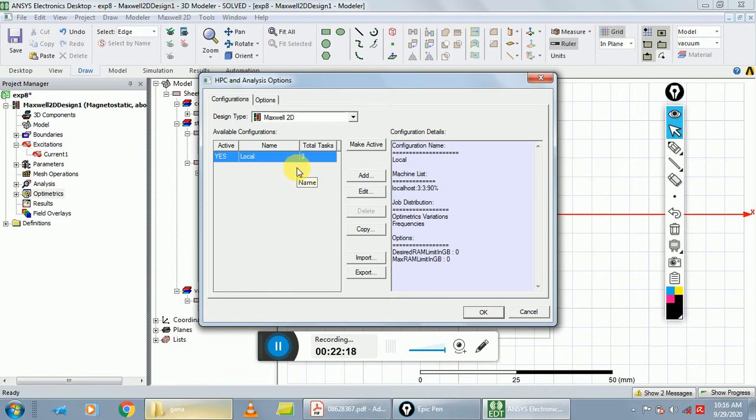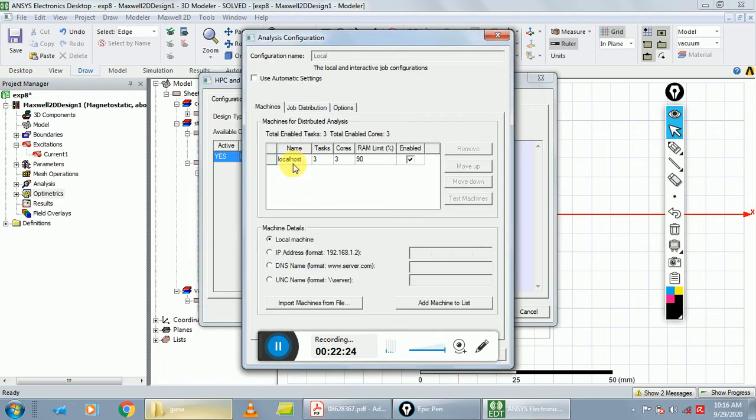Here select Maxwell 2D, yes, and click on edit. And here choose the local host and task is 3 core 3 and click on labeled and select local machine